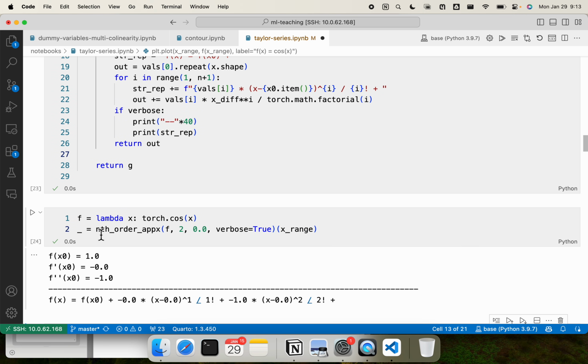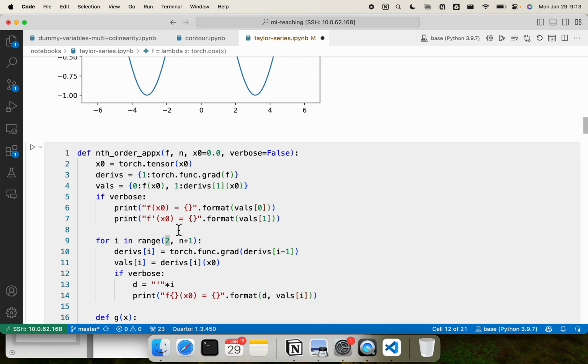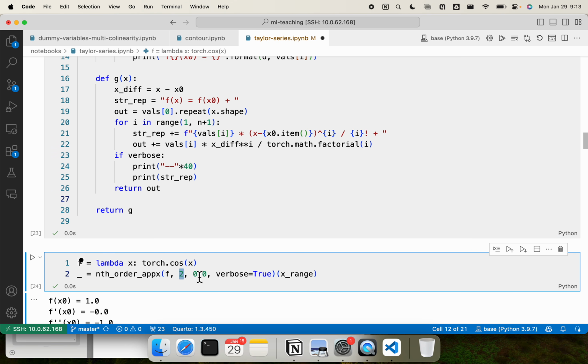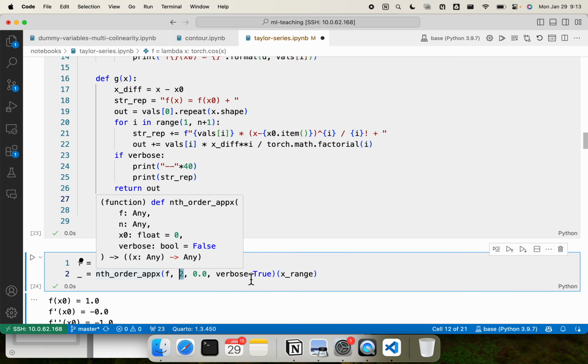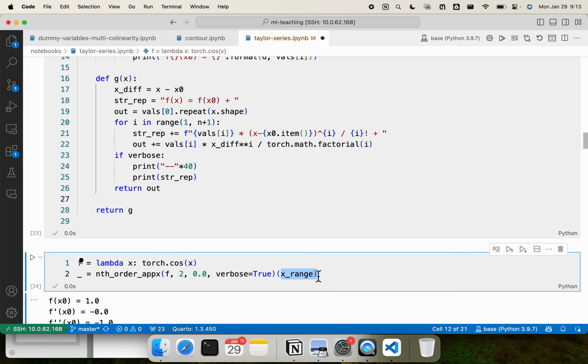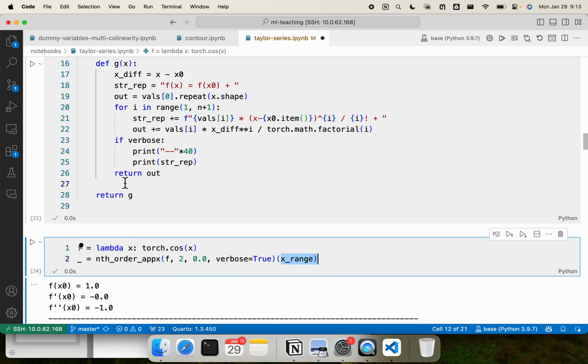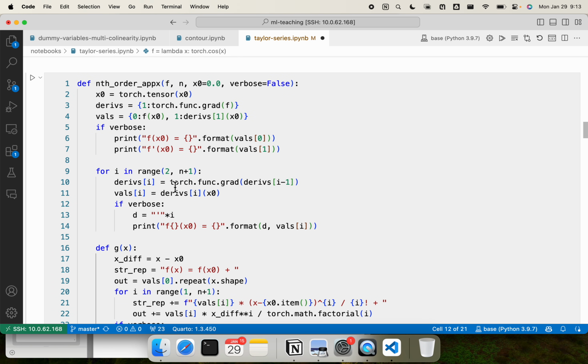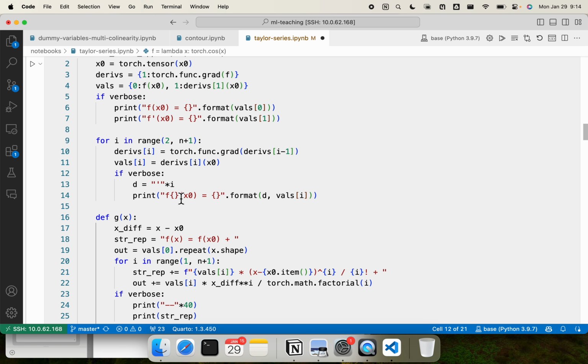Right. So, if I look at the nth order approximation of the function f, which is cosine of x, I am looking at the order 2 around the point 0.0, and then the approximation that I get, I also plug in a value of x so that I can look at the polynomial function that I have learnt. Importantly, while I am doing this, I calculate f of x naught, I calculate f dash of x naught, I calculate f double dash of x naught. These things are happening here inside the loop,